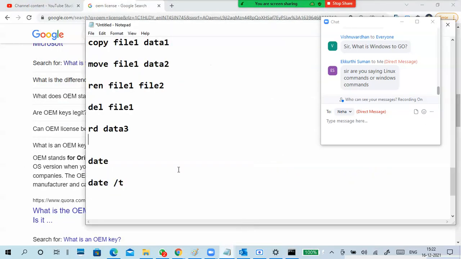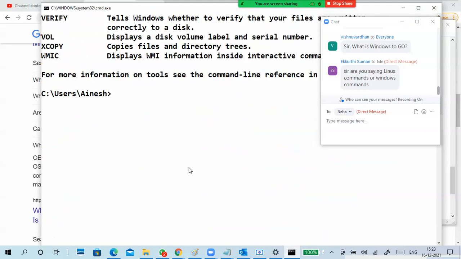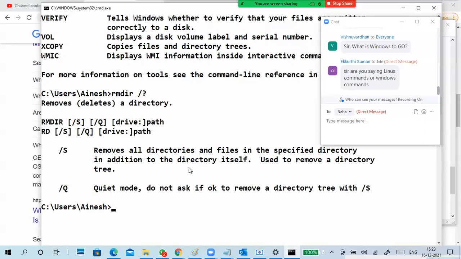Commands, okay. Next, rmdir also we can use. In case a directory is not empty, you have to use a command like this. Rmdir slash question mark, and it will tell you what to do.